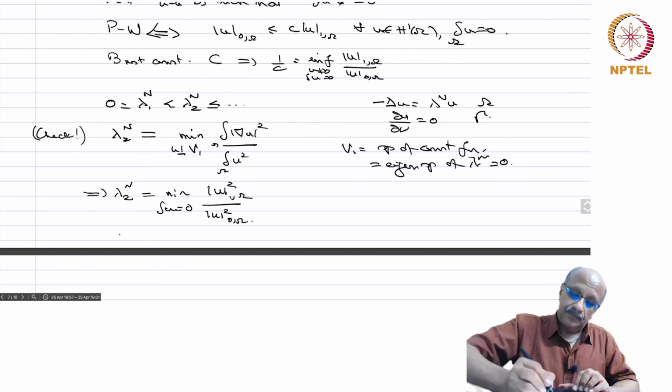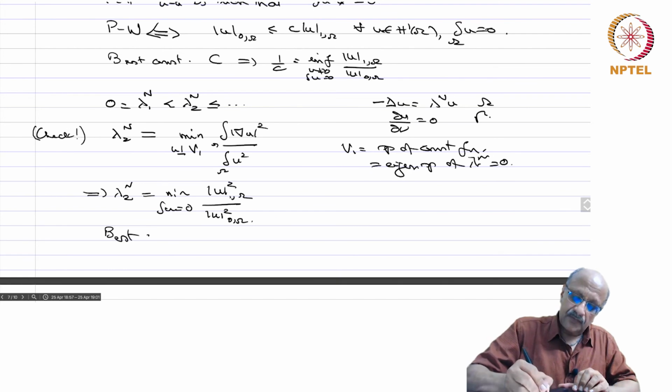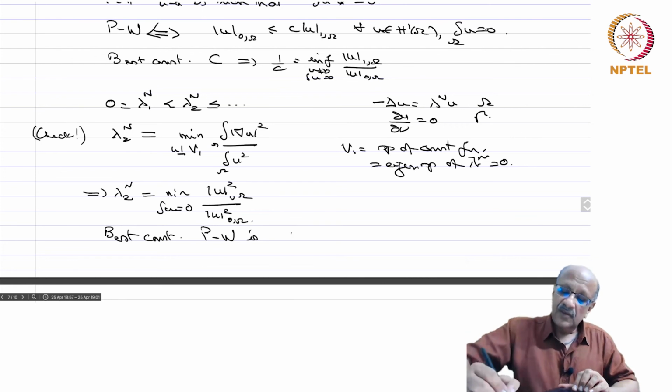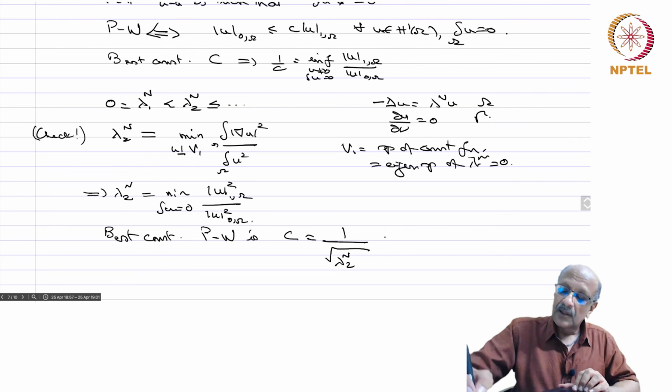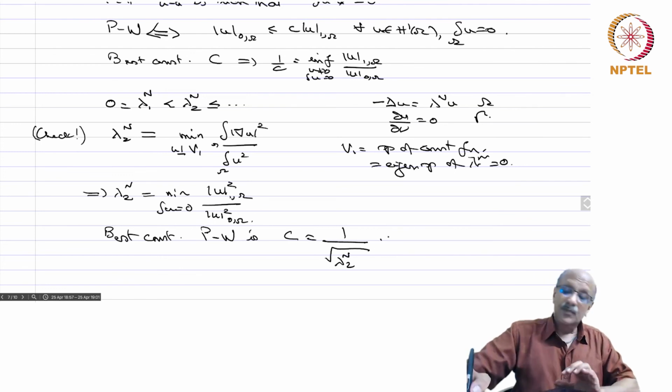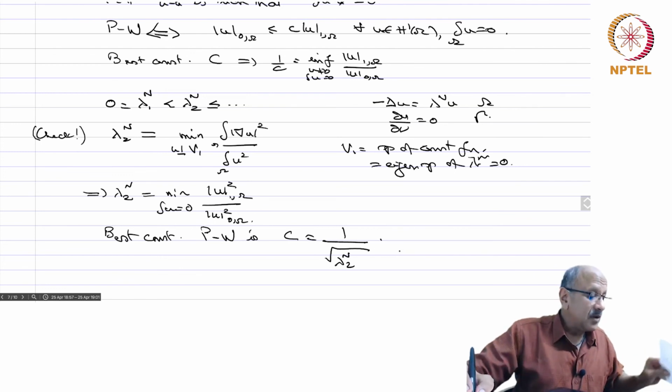So best constant in Poincaré-Wirtinger is C equal to 1 by root of lambda_2^N, the second Neumann eigenvalue. So this way you have that